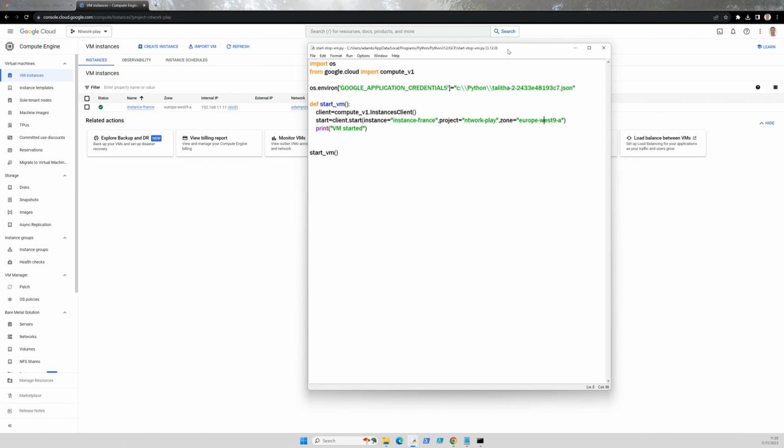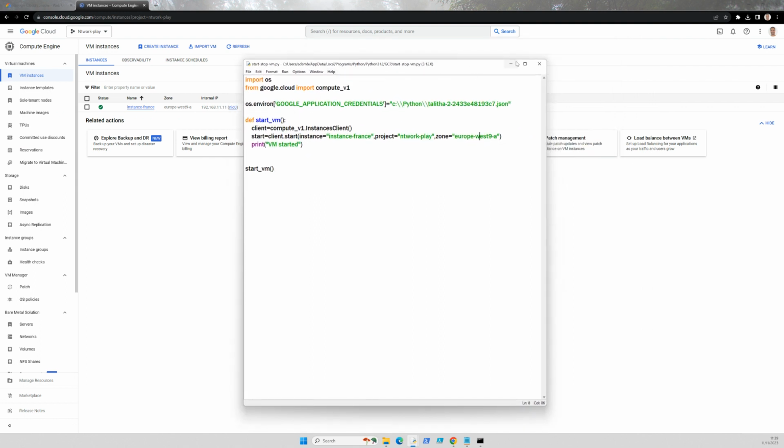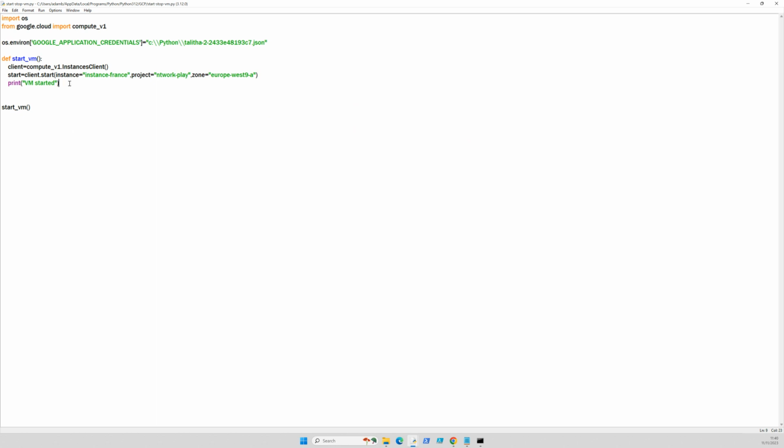Well, the stop will be very similar to what we've written for the start. So I'm going to do a stop now. I'm going to do it a little bit differently just to show you there's an easier way if you wish, not as wordy as the previous method. So stop, and I'm just going to make it very quick. I'm not going to use variables here. I'm going to use the compute_ portion of the variable there. Okay, and then I'm going to do a stop,